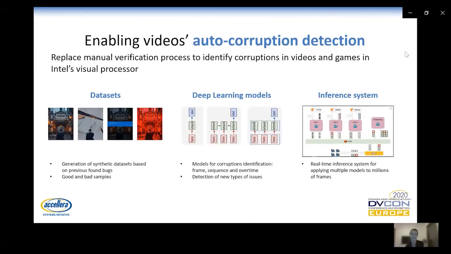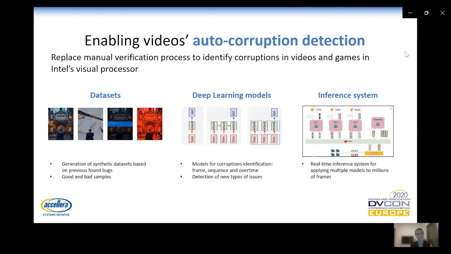Maybe for some of you it sounds interesting, but it's actually a very manual process that is very time consuming. And most importantly, things are being missed. Our eye cannot always catch all of the different corruptions. So the idea was to replace that with a fully automated AI-based system where cameras are actually watching and identifying the corruptions.